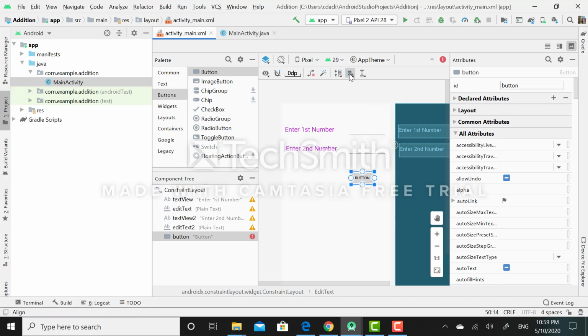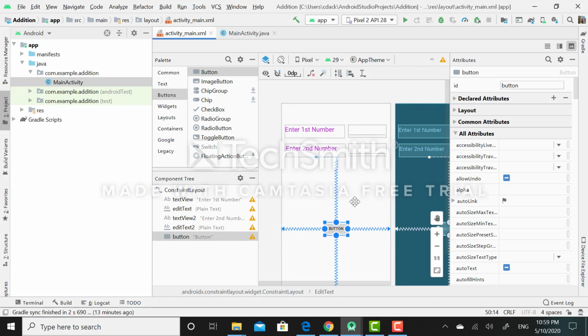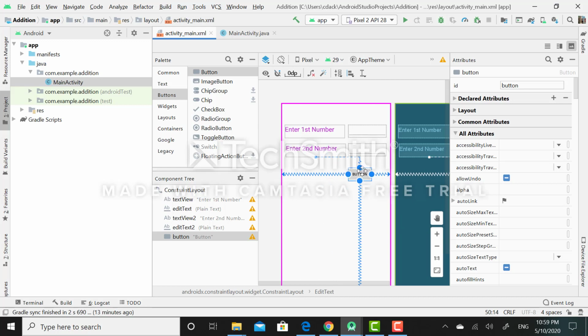Again, I will set its position horizontally as well as in a vertical manner. So now the position of this button widget has been fixed.